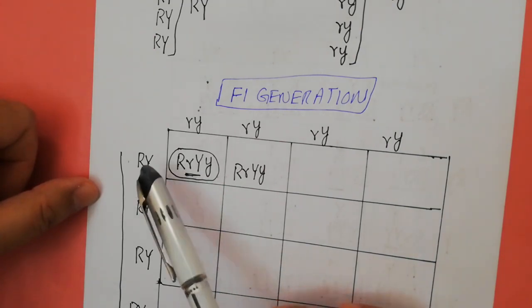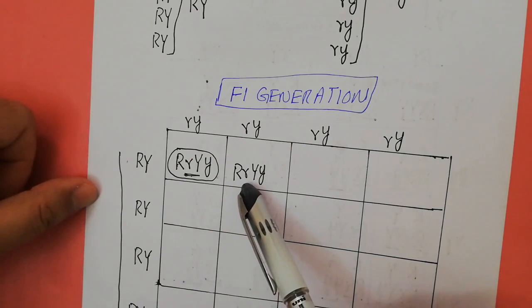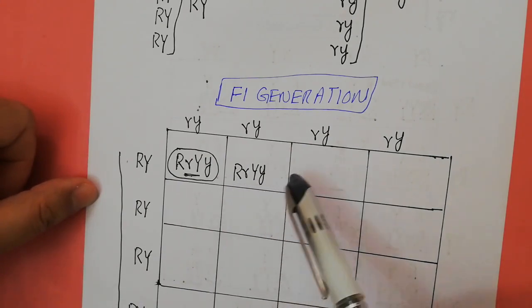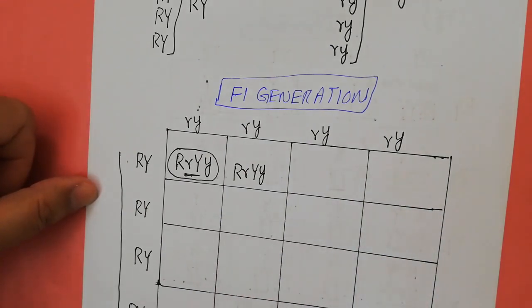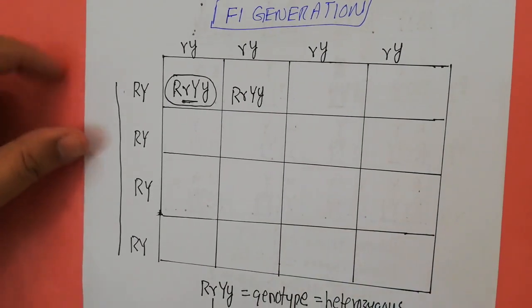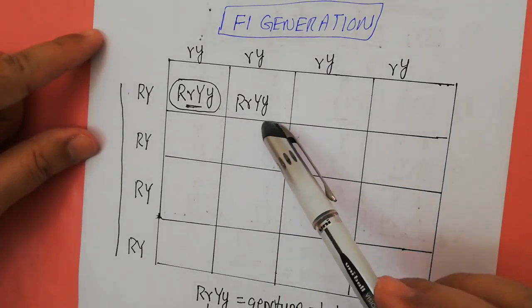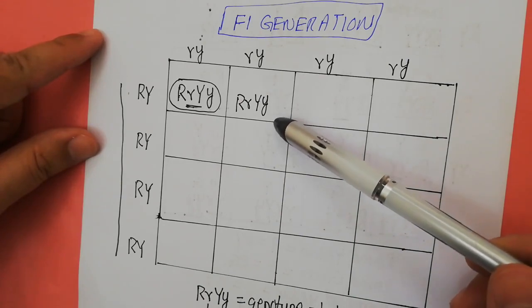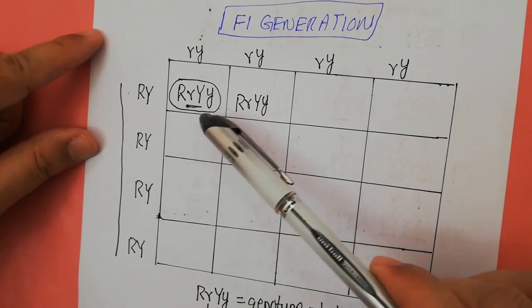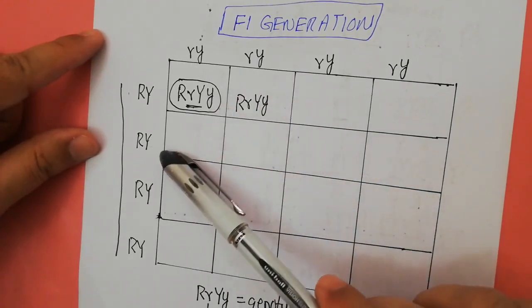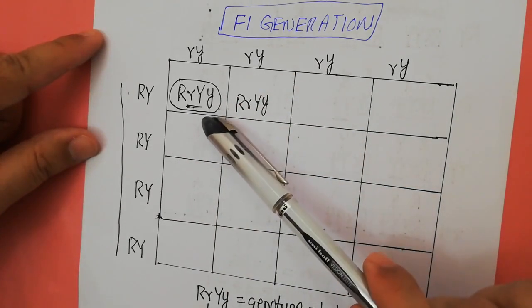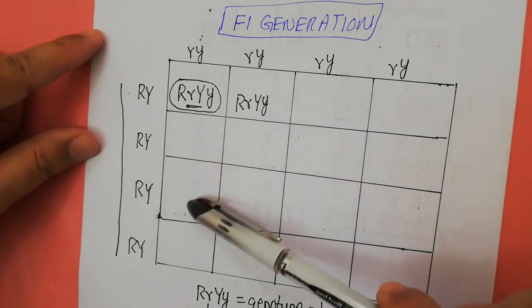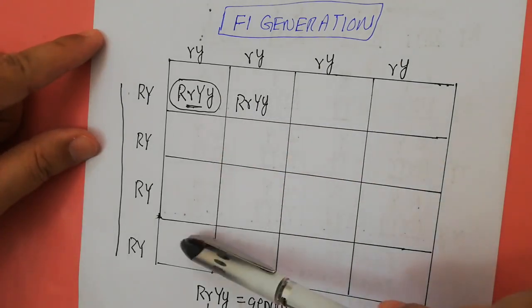If you combine this gamete with this gamete, again you will get the same genotype, the capital R and the small r, the capital Y and the small y. If you do that for all of the 16 boxes shown over here, all of the time you will be getting only a single kind of genotype, and hence a single kind of offspring. So it is not needed to repeat that. If both of the parents are producing a single type of gamete, crossing them once is enough to show you the results, because repeating it would waste your time and you would get the same results.